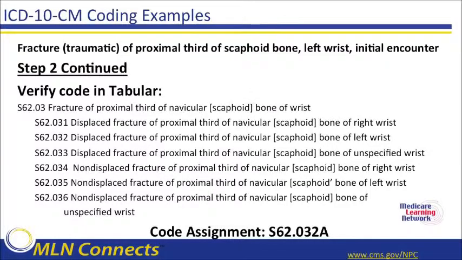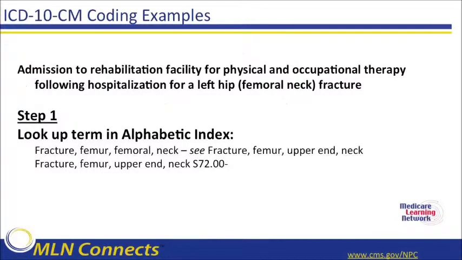In the example on slide 27, the patient was admitted to a rehabilitation facility for physical and occupational therapy following hospitalization for a fracture of the left femoral neck. When you look up fracture, femur, femoral neck in the alphabetic index, a note says to see fracture, femur, upper end neck. The index entry for fracture, femur, upper end neck refers you to